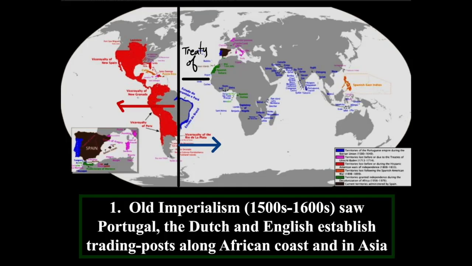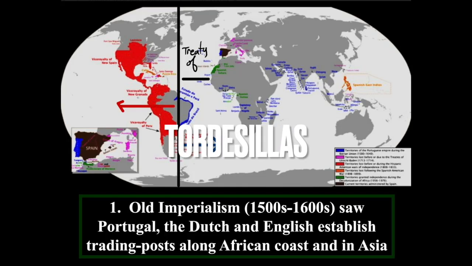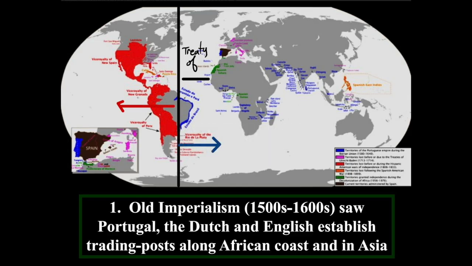Now, there are already people living in the New World. There are already mighty civilizations there. But due to the lack of immunity to smallpox and the lack of metal weaponry like gunpowder technology in particular, the Europeans are going to be able to colonize the New World, whereas they're not able to colonize Africa and Asia during period 2. So Portugal and Spain are going to divide up the New World with the Treaty of Tordesillas, and thus we're going to see that the Spanish dominate the New World up until about 1588.